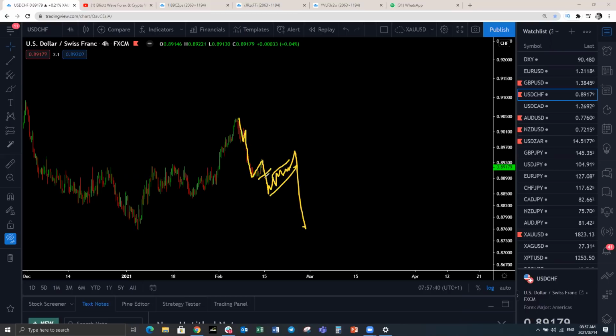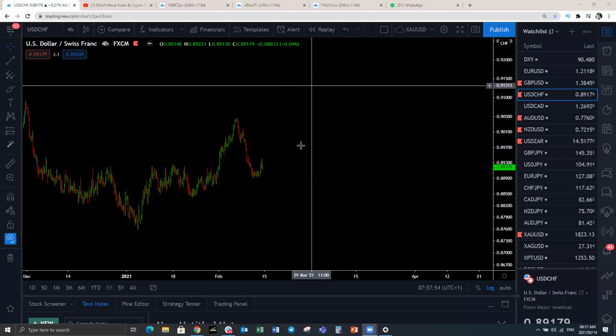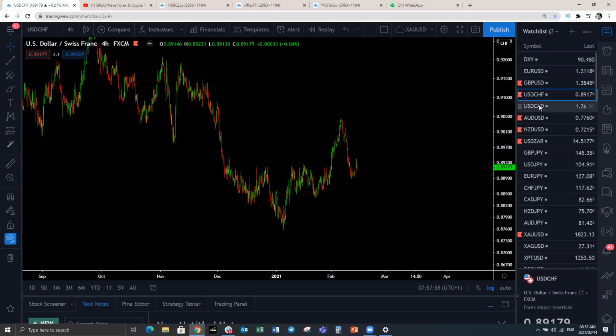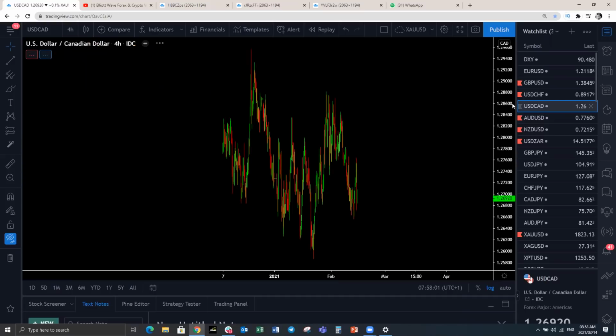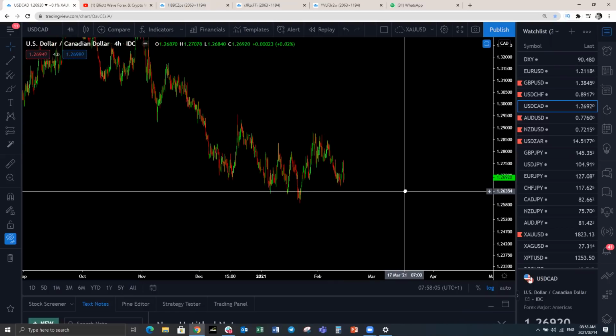So if you sell it here, you may get it right and then it just goes, but be mindful of this. The indicator will tell us whether this is going to go in a straight line or whether we're going to get a pullback. So both the sequence and the indicator should confirm. So that is what we're going to be looking at on the US dollar CHF, continuation to the downside. As you can see, the theme is for continued US dollar weakness in the coming weeks.